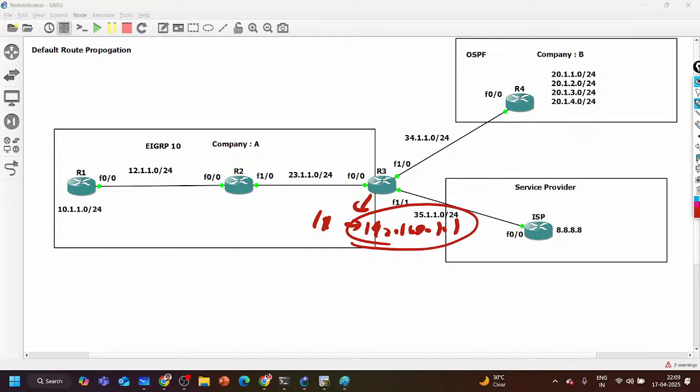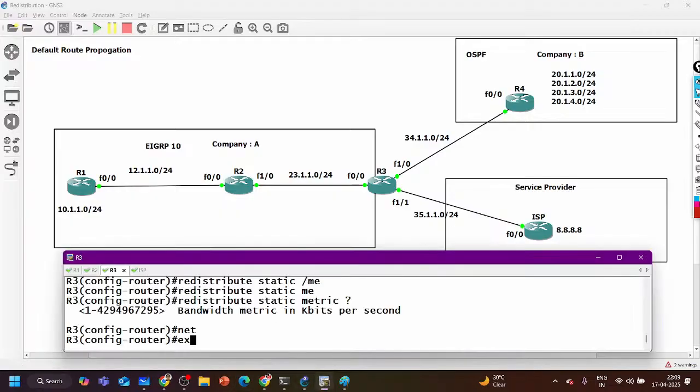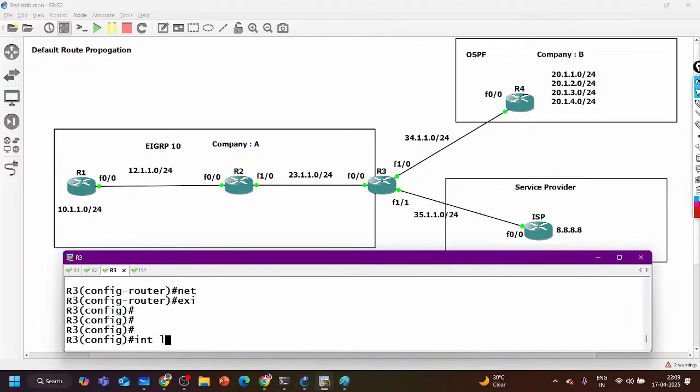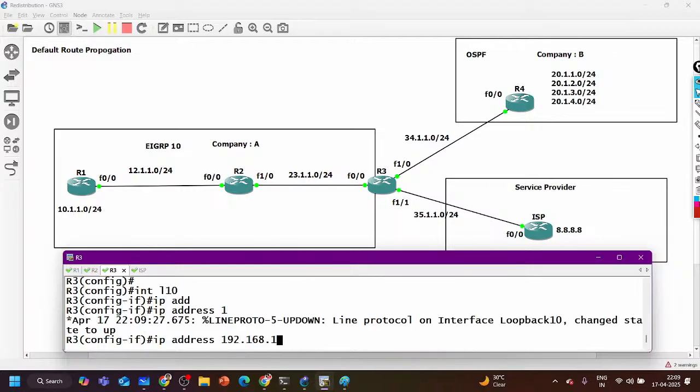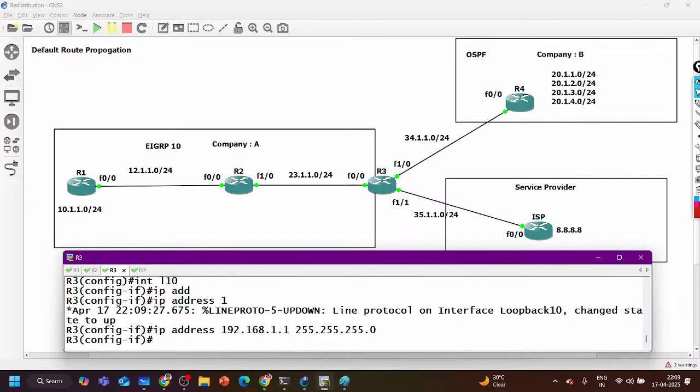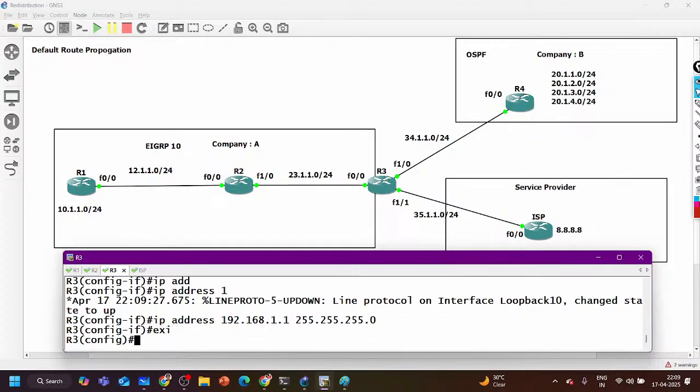On router number 3 I can create one loopback interface, loopback let's say 10, IP address 192.168.1.1 255.255.255.0. Create the loopback and now advertise this network in EIGRP.